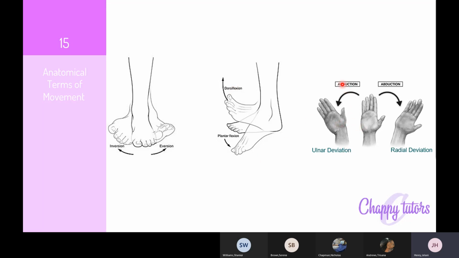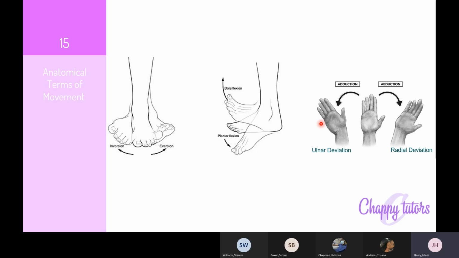Right. We went through adduction and abduction already, but in the case of the hand, right? If you move your hand as the diagram has it here, you're moving your hand away from its midline, right? Consider a midline of the hand starting from the tip of your middle finger all the way to your wrist, right? That is the midline of your hand. If you move away from the midline, that is abduction, right? But moving it in the direction medially